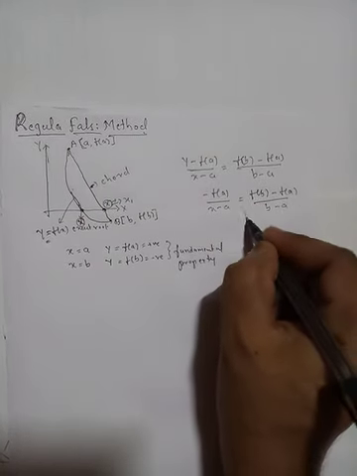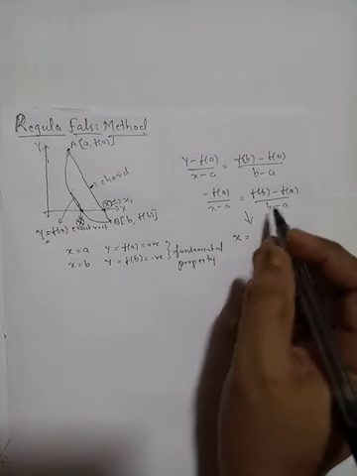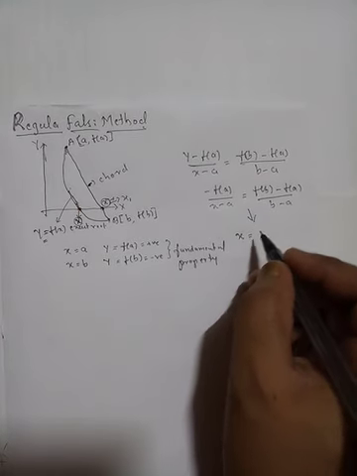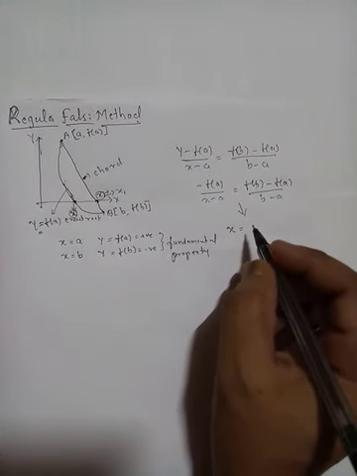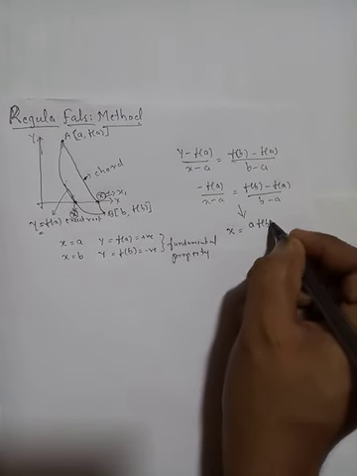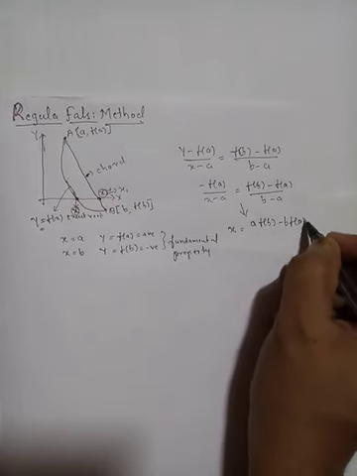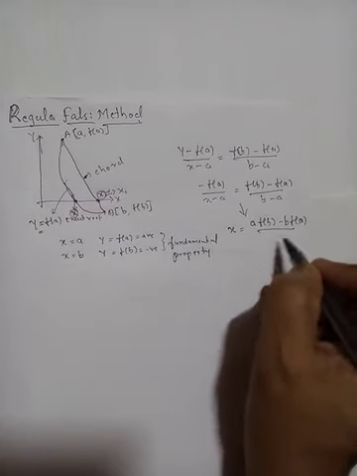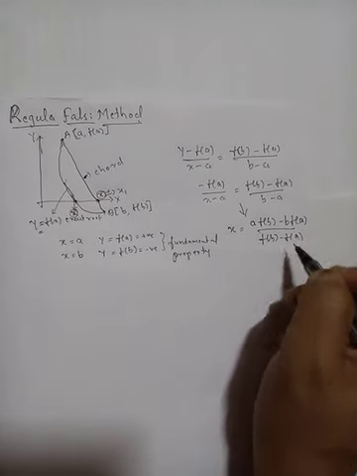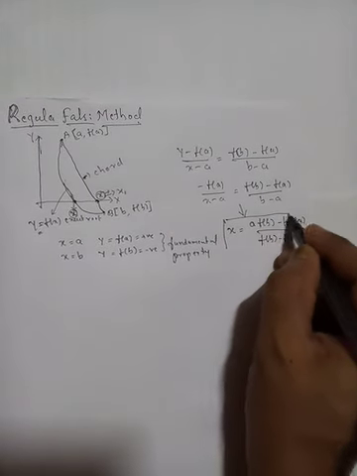Now from this we are going to write the value of x by taking the cross multiplication, and on simplification we can write the value of x. So the value of x is given as a into f of b minus b into f of a, divided by f of b minus f of a. So this is the value of x